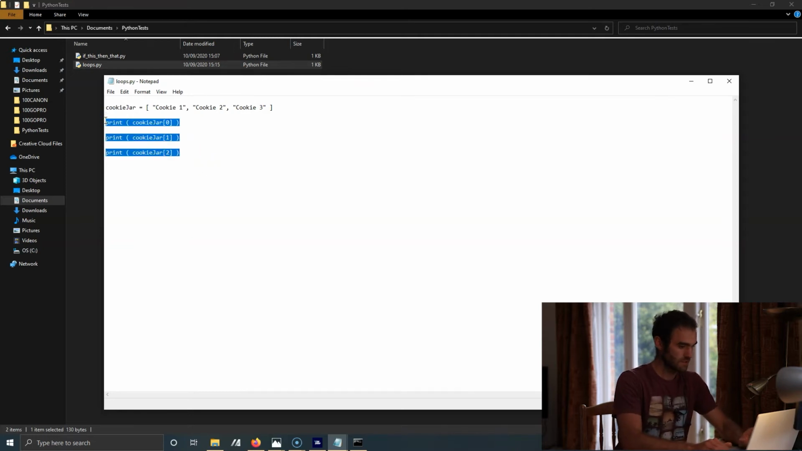We'll remove the print lines and put in a for loop. Here we're effectively taking the cookie jar array from above and creating a temporary instance for each run of the loop called cookie. So within the loop here, you can see we've tabbed across one space. That means anything we type here now will run in the loop. So if we type print cookie